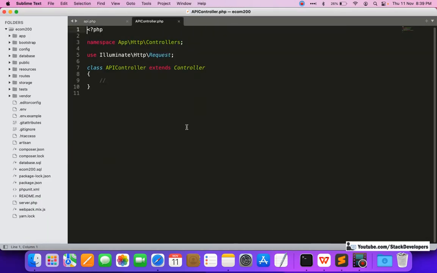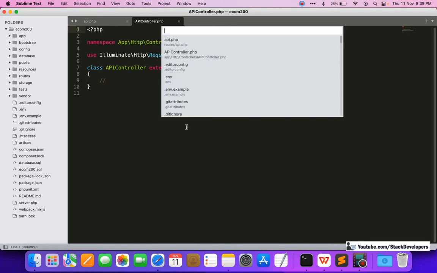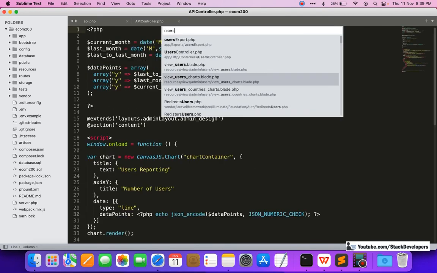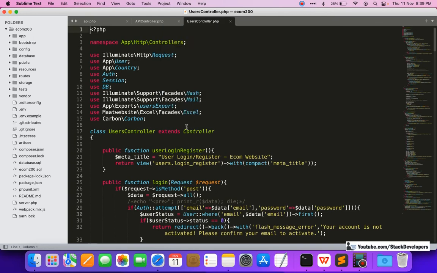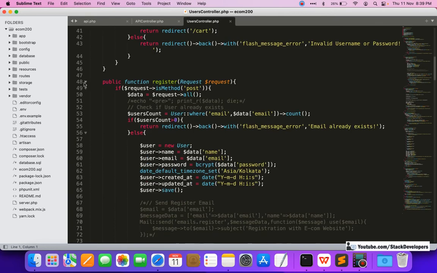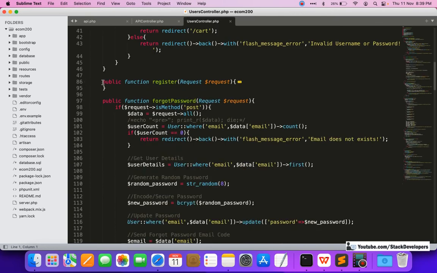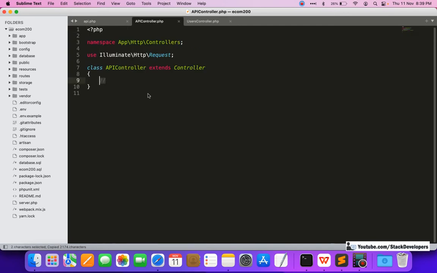We are going to list the same function that we have in the user controller for registering the user. This one will work there, because this one is also posting the data, and that one is also posting the data.